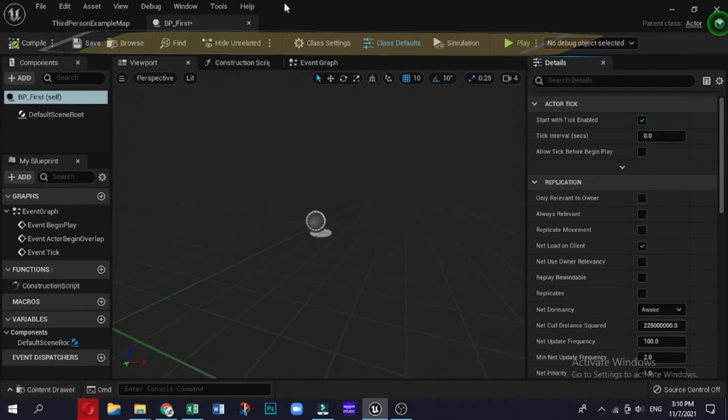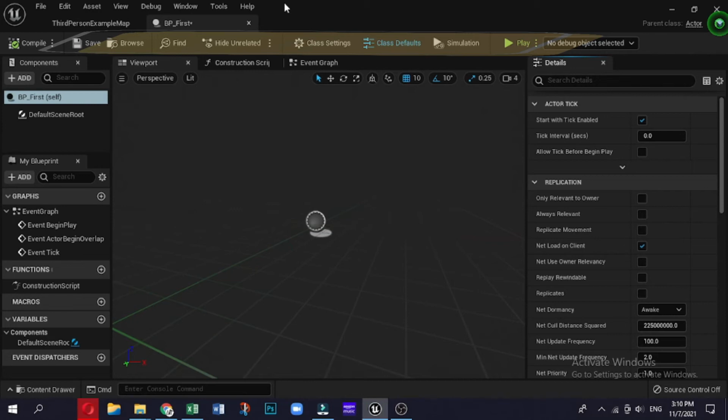Every time you modify the script and want to run it, you need to compile it. This button changes depending on the state of your script. It shows if there is an error or a warning and if the script needs to be recompiled. Next is Save. It saves the current blueprint. Find in CB. It shows Content Browser and highlights the selected blueprint. The third is Search. It finds references to functions, events, variables, or pins in the current script.